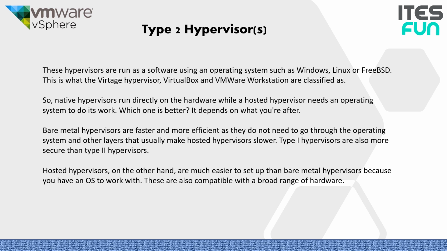If we talk more about the type 2 hypervisor, this type of hypervisor runs inside the operating system of a physical host machine. This is why we call it a type 2 hypervisor and hosted hypervisor. As opposed to the type 1 hypervisor that runs directly on the hardware, hosted hypervisors have one software layer underneath. In this case, we have the physical machine, then the operating system, then the type 2 hypervisor, then the actual instances of the virtual machines.